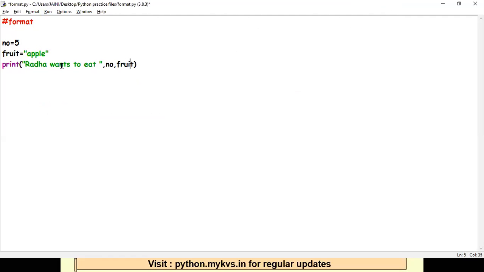But let's say I don't want to print it like that. I want to print an entire line.